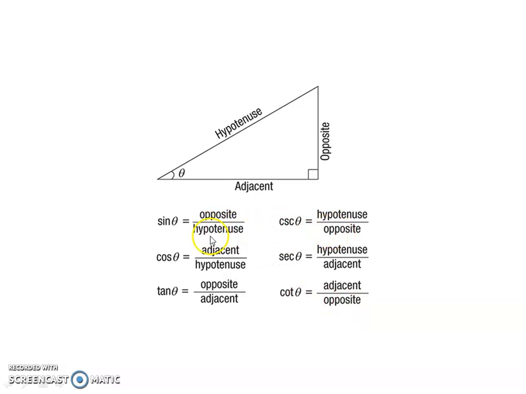It is the reverse way. See here: sin is opposite upon hypotenuse, cosec is hypotenuse upon opposite. Cos theta is adjacent upon hypotenuse, sec theta is hypotenuse upon adjacent. Tan theta is opposite upon adjacent, cot theta is adjacent upon opposite. So sin and cosec, cos and sec, tan and cot are the pairs of trigonometry. You must remember them. If you remember this left hand side, you can easily remember exactly what the cosec, sec and cot functions are.